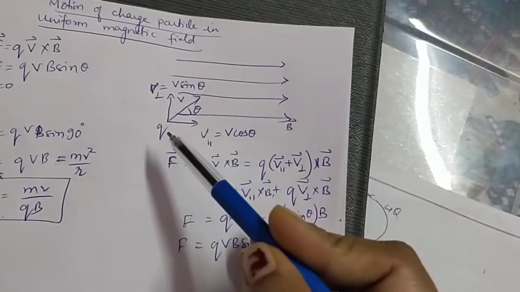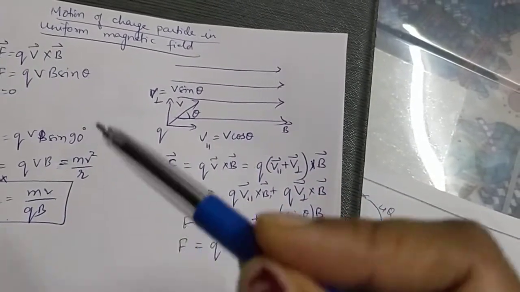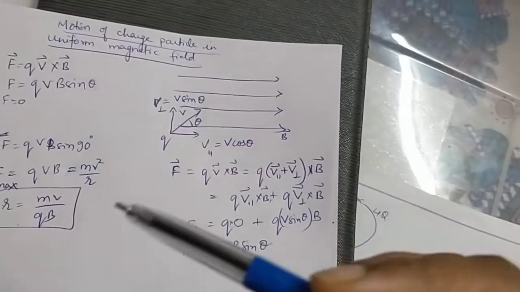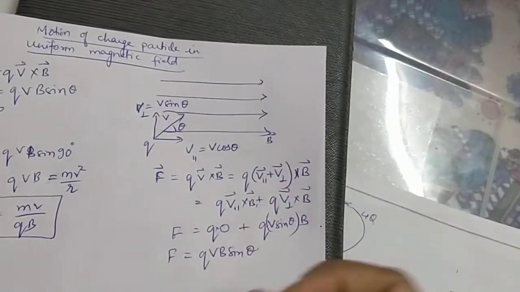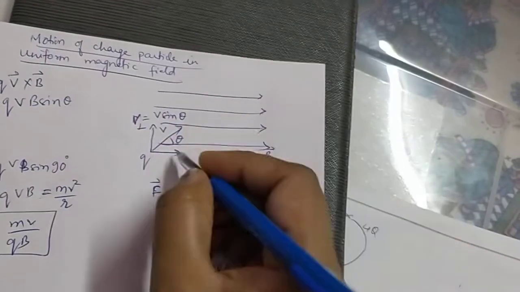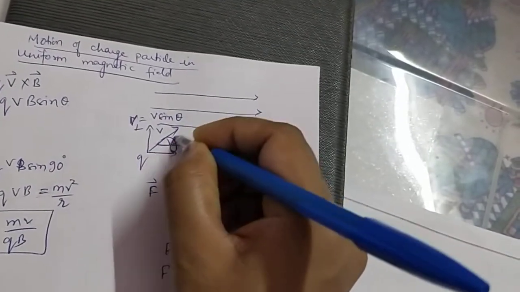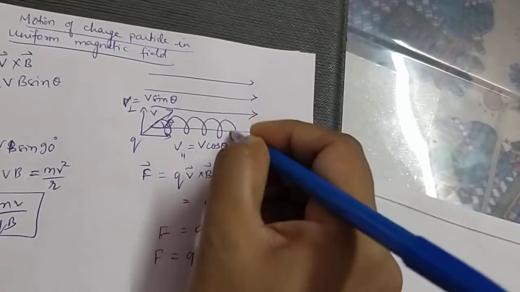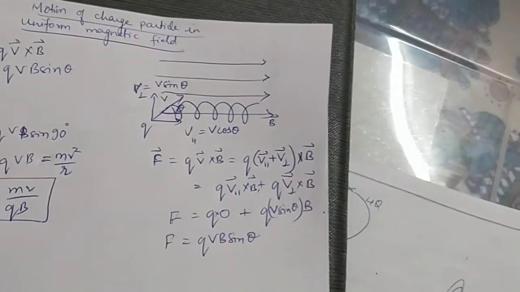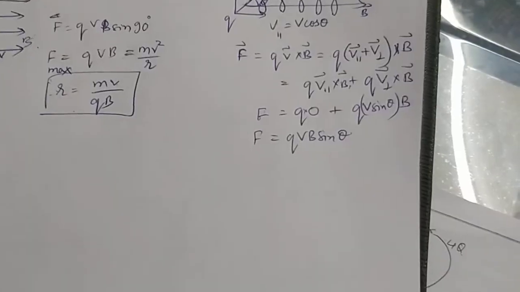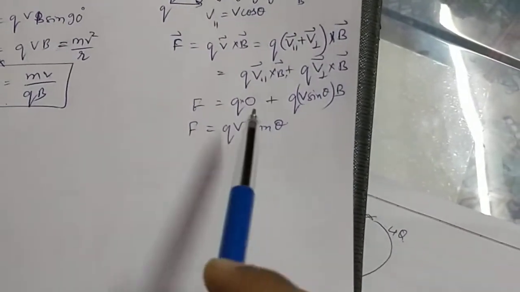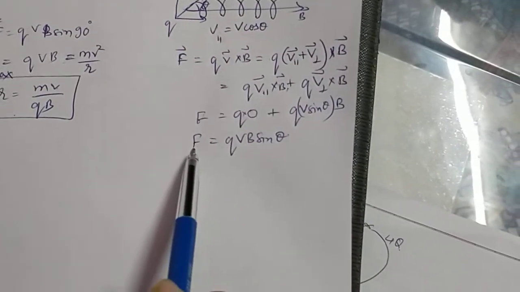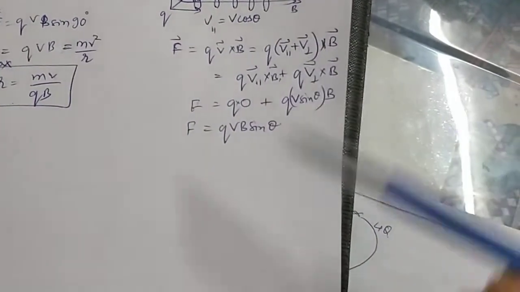So what will happen? The particle is moving straight and simultaneously it is moving in a circle. So by the time it is moving in a circle, it is also moving forward. So it's like a spring. If I have to draw the motion, it will be this kind of helical motion. So the trajectory is helical in this case. Here F is changing only the direction of the motion of the charged particle, and that is causing the circular path.